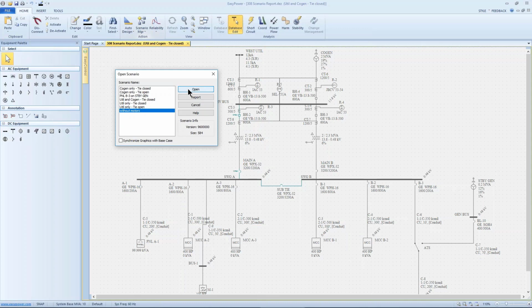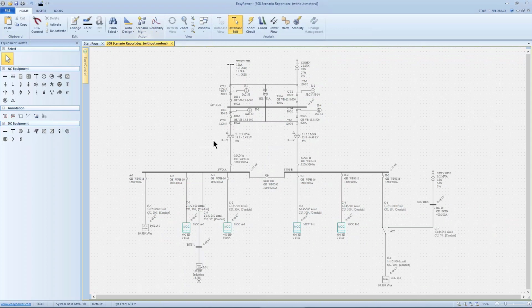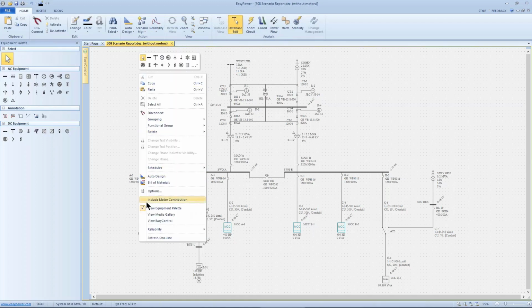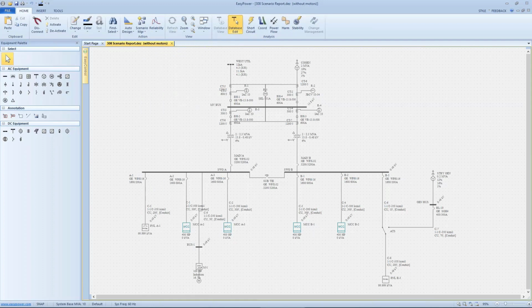So in this case, without motor was basically starting from my base case, and all I've done is disable the system that has motors. I did that when I'm in database edit. I can right click and uncheck this checkbox which says include motor contribution. So for this file, I started with the base case, I unchecked that motor, and I saved the scenario as labeled without motors. So now at this point, I can go into my scenario manager and under create scenario comparison report,